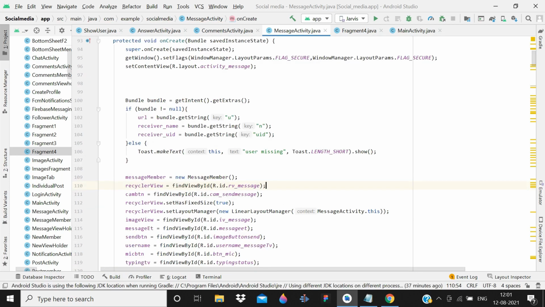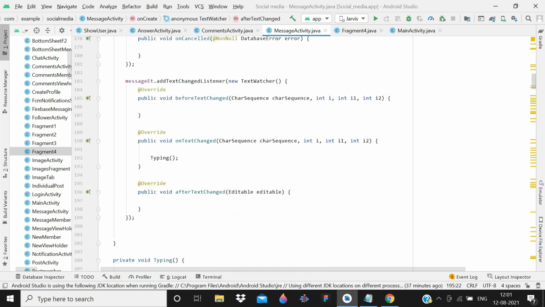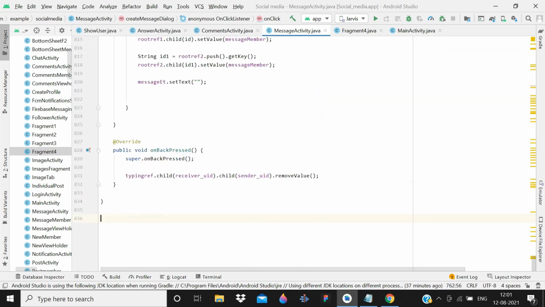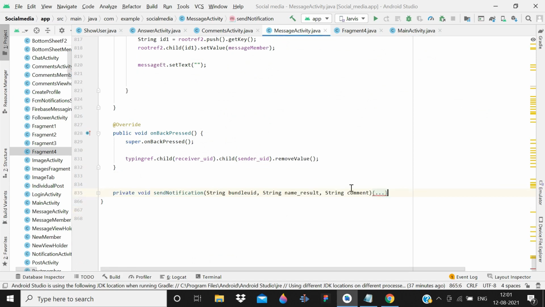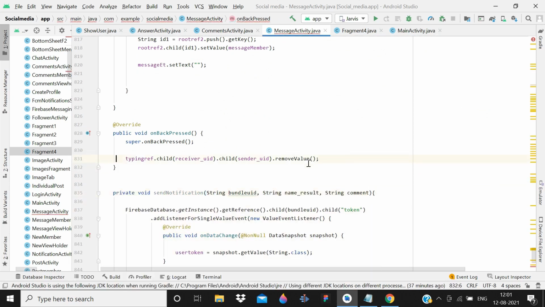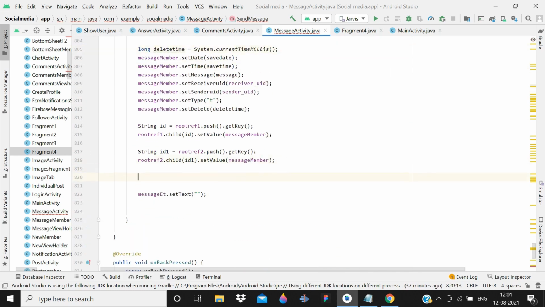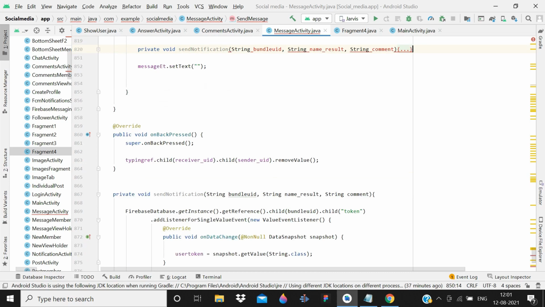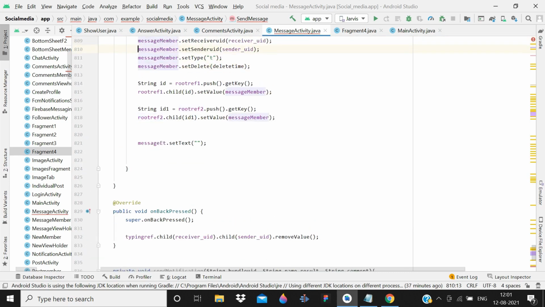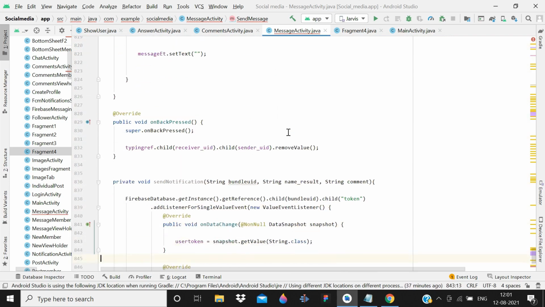You know how much it hurts to me. So now after this, again at the very bottom, paste the method, then open this, send notification. Now where do we need to create that? We need to create that just here, and paste the method. Control plus Z. Sorry, not the method, and there should not be any error, I guess.